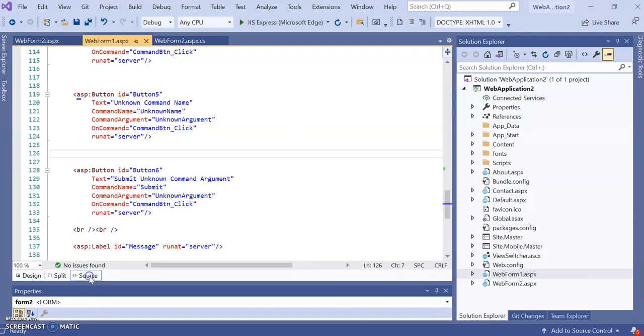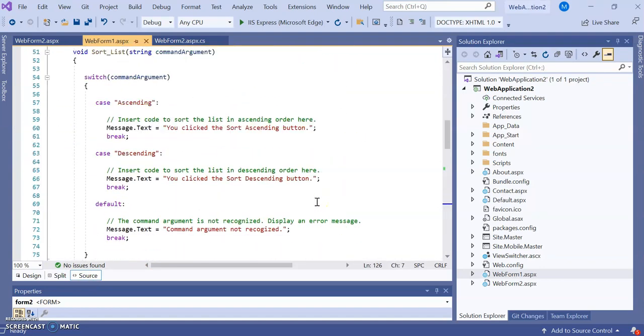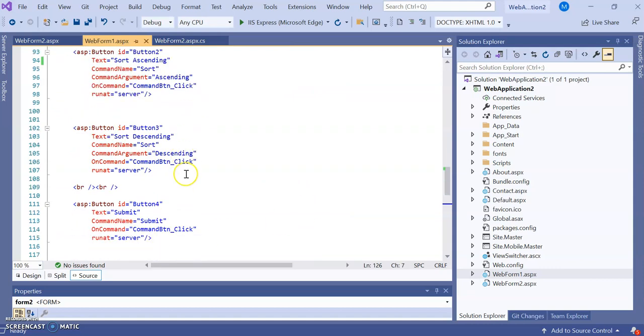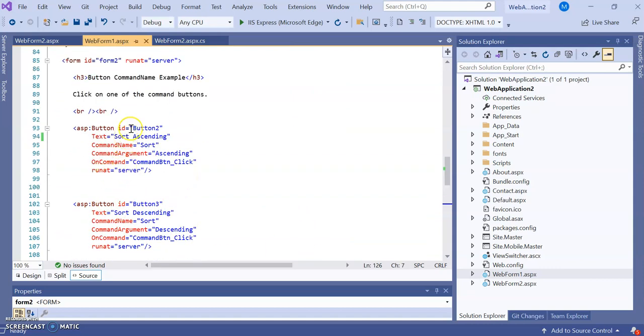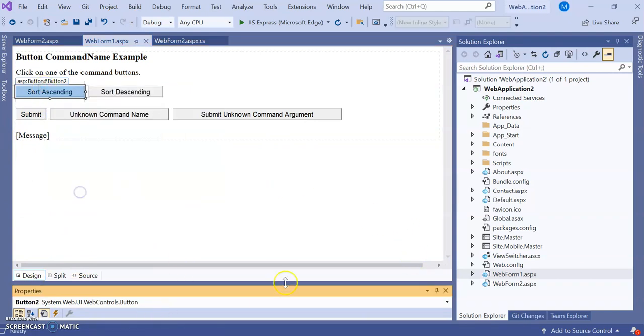So let's see the source code part. Here you can see the source code: button ID Button2. In the design part, I will show you its properties.